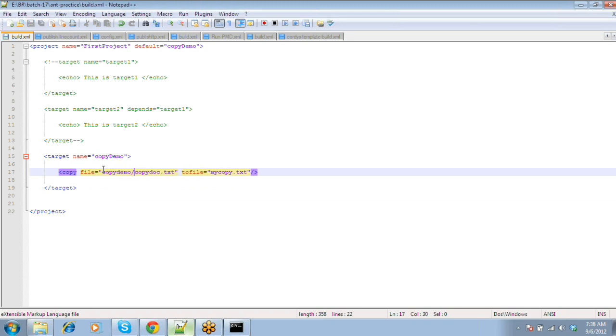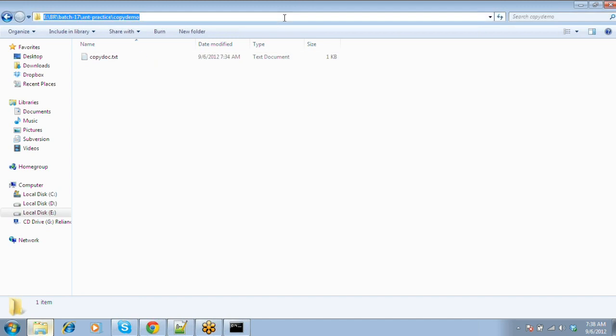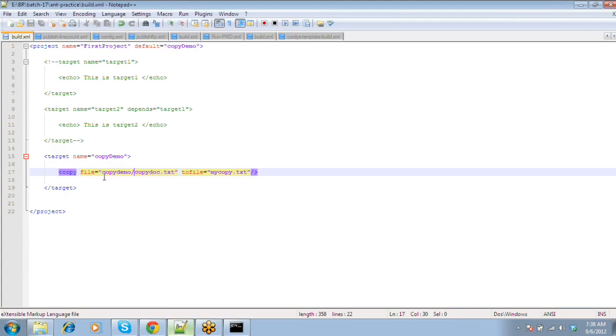/ copy.txt. I was explaining you in the last session, whenever you give the file paths, you have two choices. One is to give absolute path, one is to give relative path. When you want to give the absolute path, it is like this. If you want to go to this file, this is your location, and all that, that you have to set here. This is one way to refer your text file that you want to copy, or